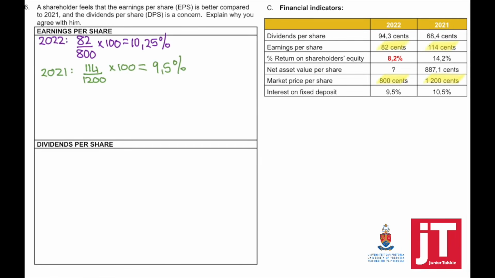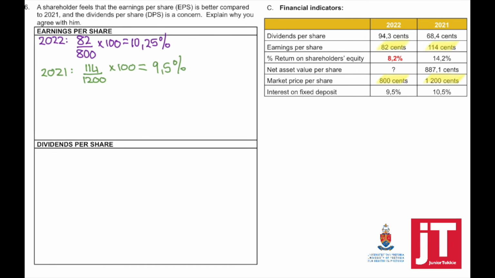To calculate this, for 2022 and for 2021, we take the earnings per share divided by the market price. And now we compare the two percentages. So yes, the earnings per share decreased, but looking at the percentage on the market price, there was an increase from 9.5% to